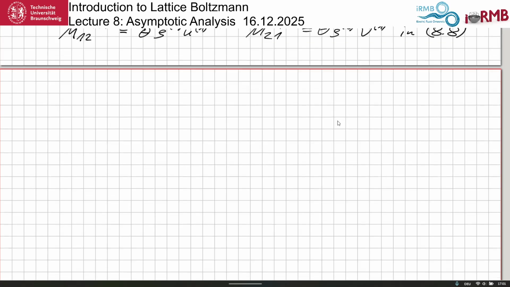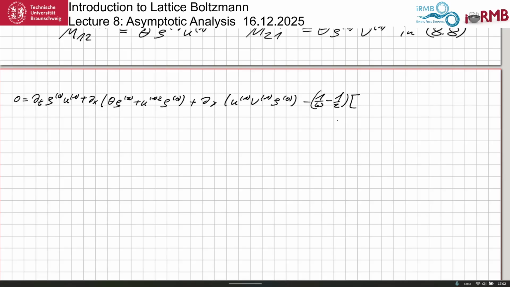Which takes us to amazing page number 7. 0 is equal to dt rho 0 order u first order plus dx theta rho second order plus u first order square rho 0 order plus dy u first order v first order rho 0 order minus 1 over omega minus 1/2 into, now you see we have the first